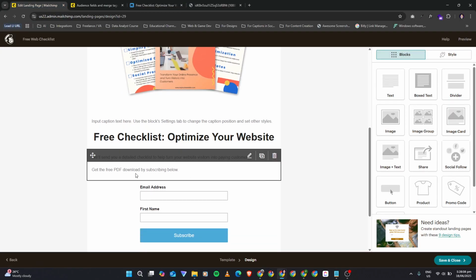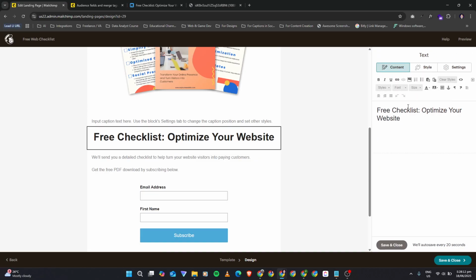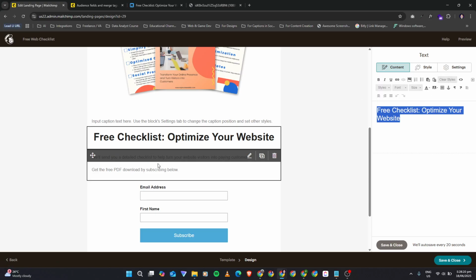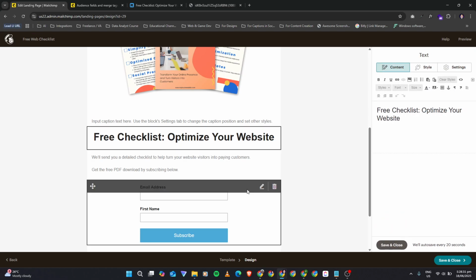So this is what I did here. You just click this and you can see the box where you can place the text or modify it. There is a lot of options here, this one also. So don't worry because they will be auto saving it every 20 seconds, but you can click save and close. Yeah, you can click that.